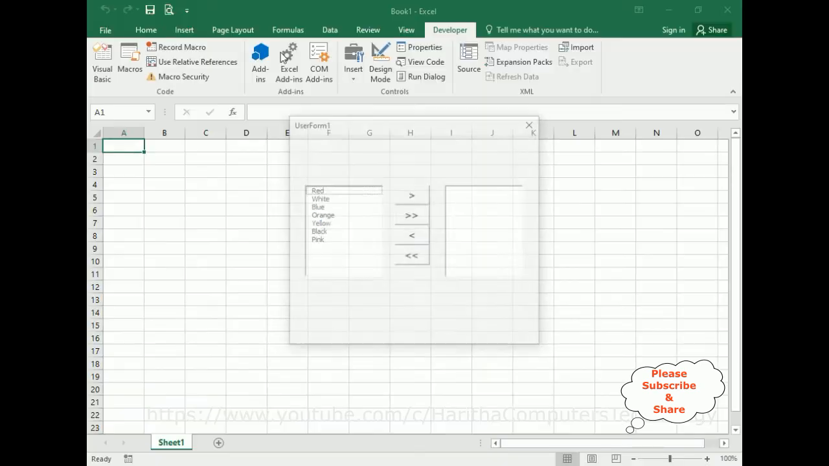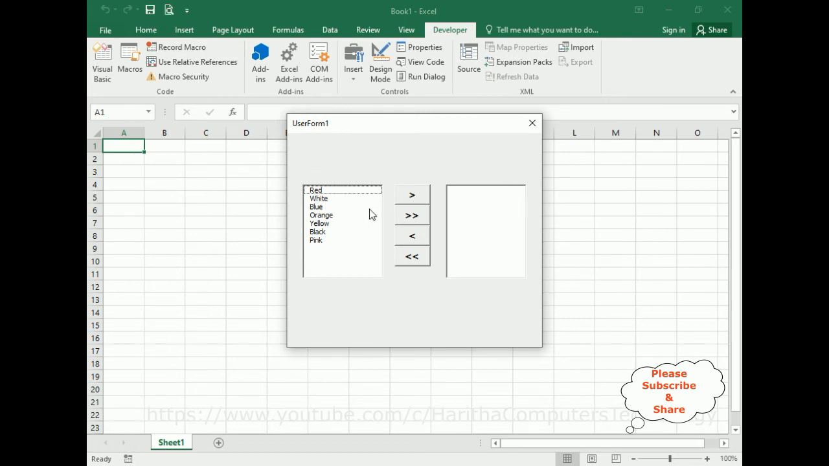Let's check the output. Now first we'll transfer all the items from listbox 1 to listbox 2. It's working. Again I want to transfer from listbox 2 to listbox 1. Now let's check the orange. So notice here the orange is cleared from this listbox 1 and it's transferred to the listbox 2. Now if you click red, it's transferred. Black transferred. Pink transferred. And notice here when I click pink, all the items are removed, but it's not transferred here. So to fix this error,